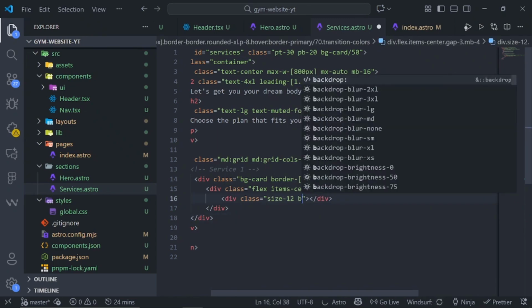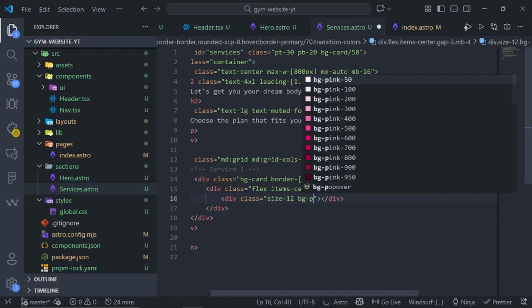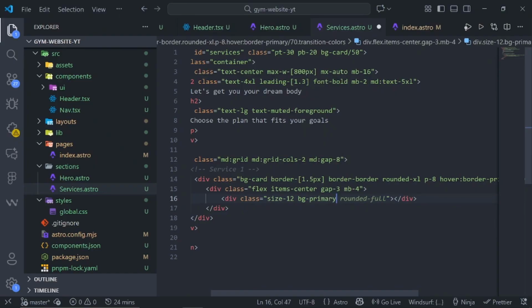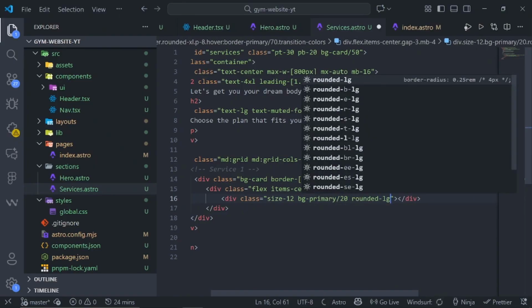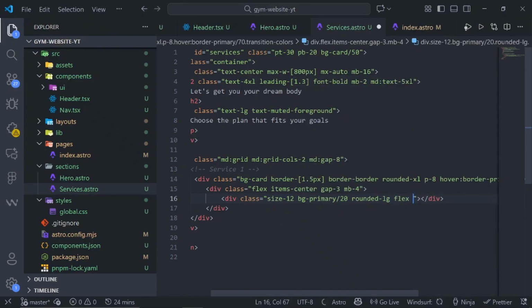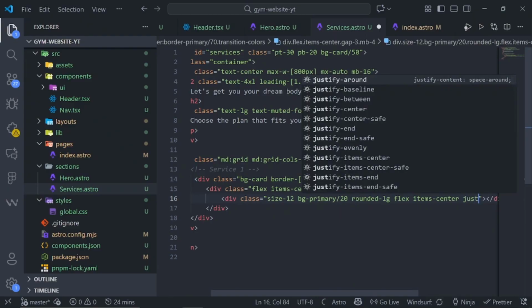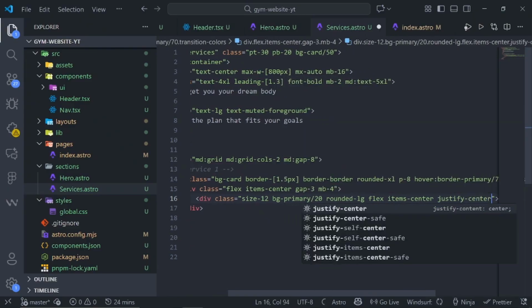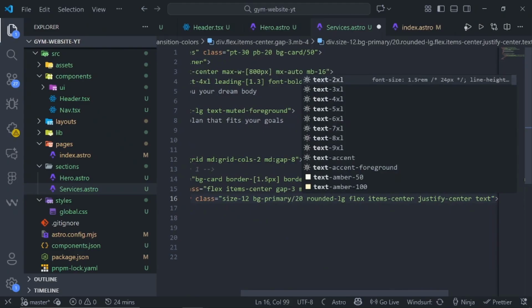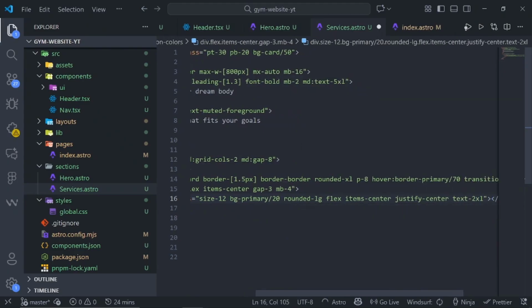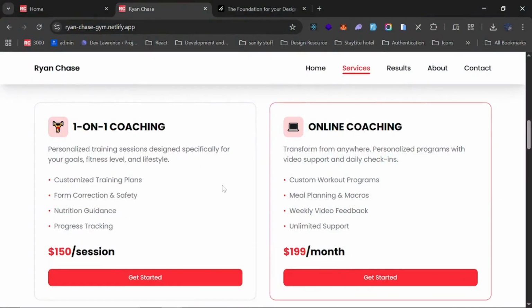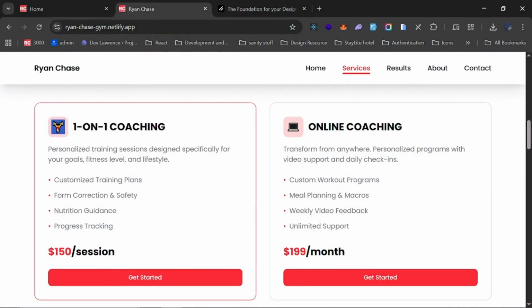So we can also give this a background of the primary color, but this will make it over 20 this time. Rounded is going to be large. Set it to flex items should be center. Justify will be center as well. Then give this a text of 2XL. Then inside this div, we'll paste in this guy right here